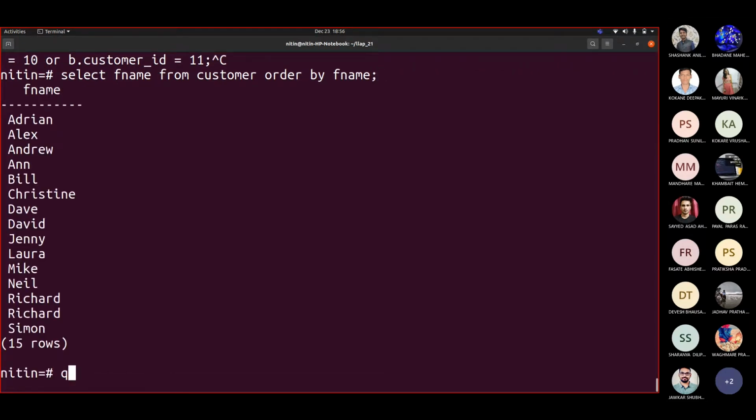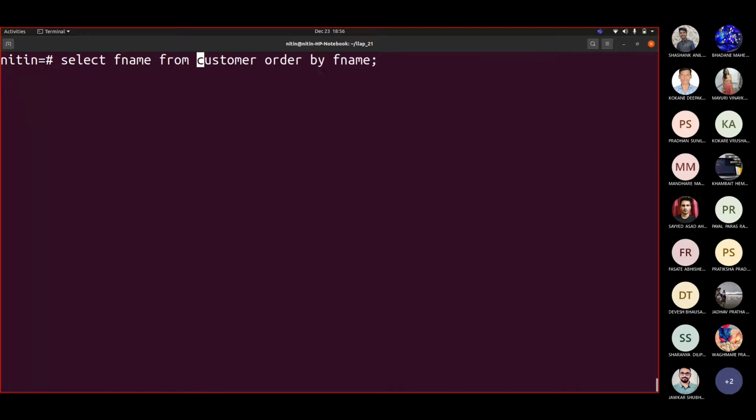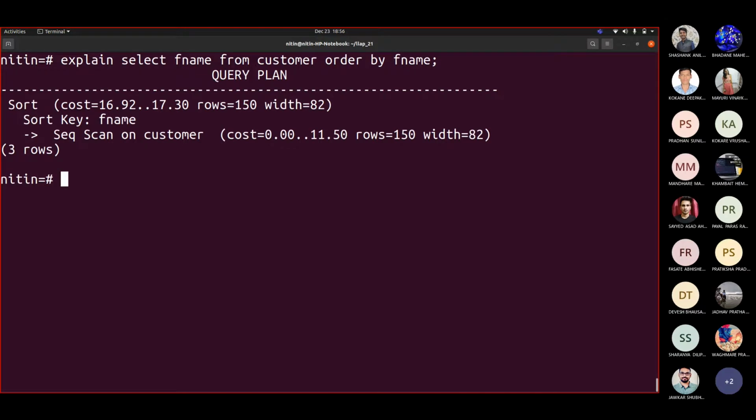Now if I write explain here, you will see that we got a sequential scan with a sort, because sorting is applied on the sequential scan. Then ultimately the query is in front of us, and what exactly it used to sort.